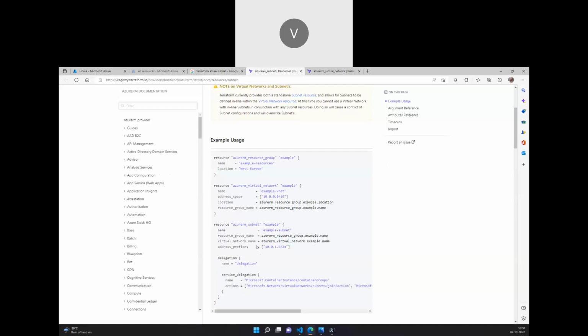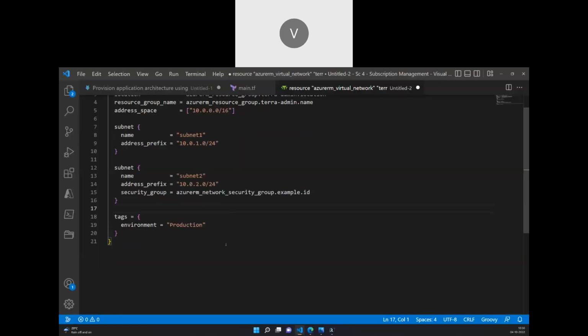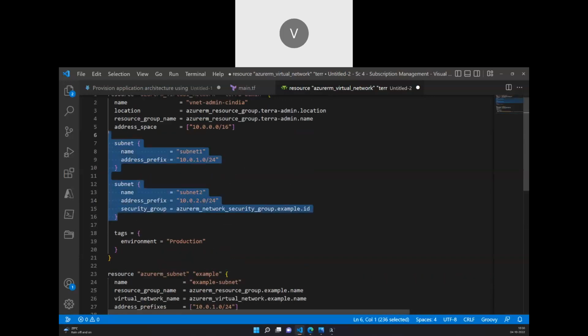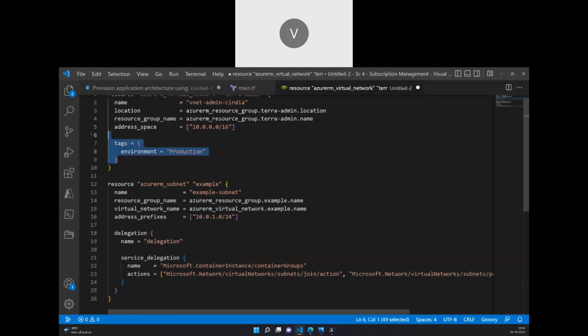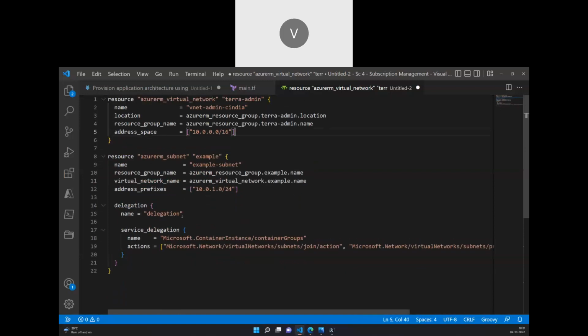Now this is the way we can even give a standalone way. I'm going to copy this and paste it here. Before that, let me remove this, and let me remove the tagging. Now I'm going to mention this subnet belongs to this virtual network. So I'm going to use this admin hyphen, and I'm going to mention the subnet name as